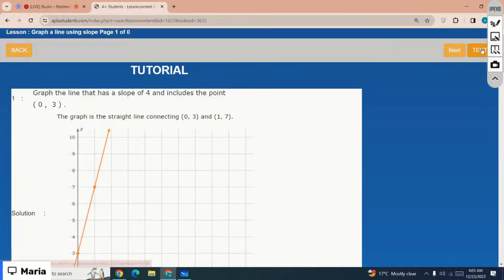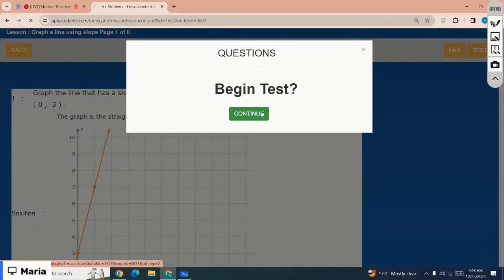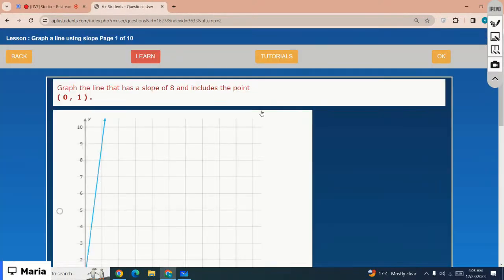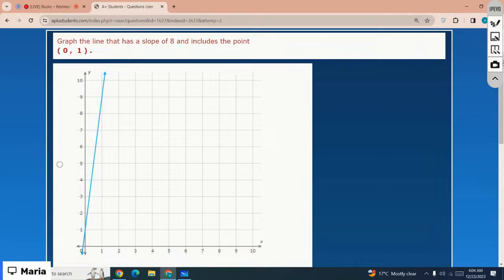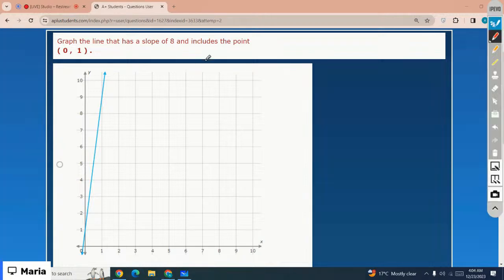So basically you have to use the given slope. We know that slope is equal to rise divided by run, right? Okay, so here you are given: graph the line that has a slope of 8 and includes the point 0, 0.08. Okay, here is the point 0, 0.08. You are given two of the graphs, right? We need to check. So you are given the slope that is m equals 8. And we know that the slope equals change in y